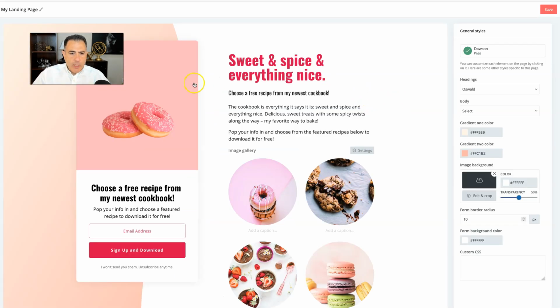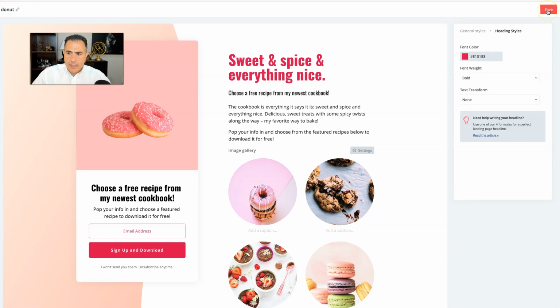Okay, right now we are at the landing page that we picked. I just want to let you know that you can change everything on here, and there's a lot of stuff that you can do for free, and I'm going to go over that with you here in just a little bit. But the idea is what? The idea is to put this on your website or on WordPress, and this is what we're going to do. The first thing is that you want to go in here and maybe change the name. Okay, I changed the name right here, Donut. Then you click on save.